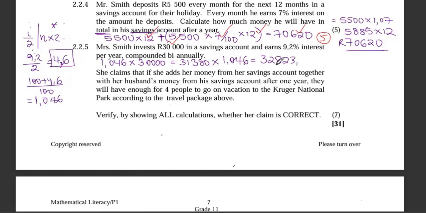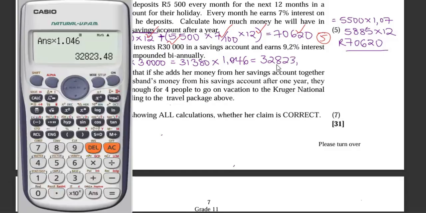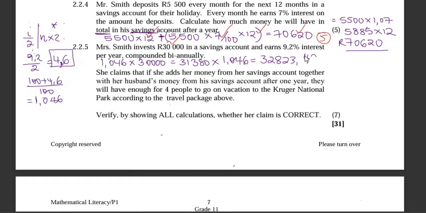32,823 rands. Some cents we need to consider, the 28. So this is the money that she has. But remember, she claims plus her husband's. So we are going to add the husband's money now. When we add the husband's money